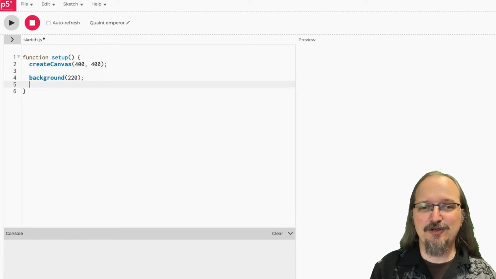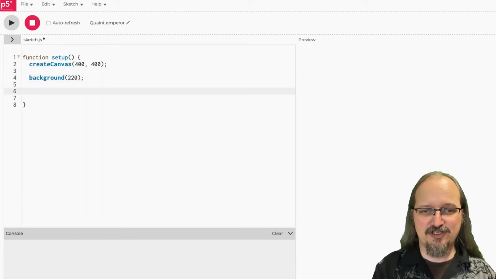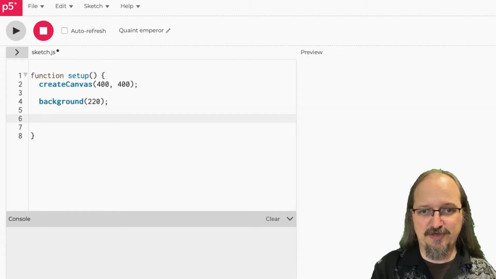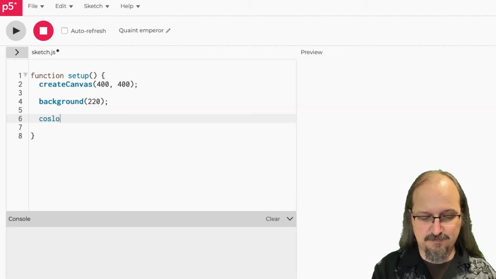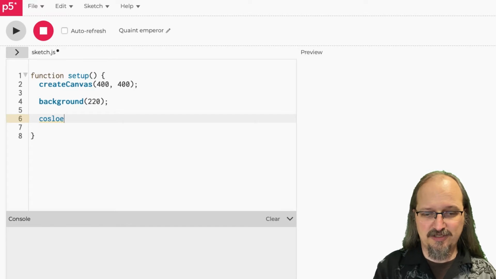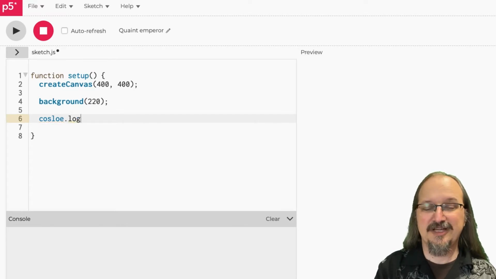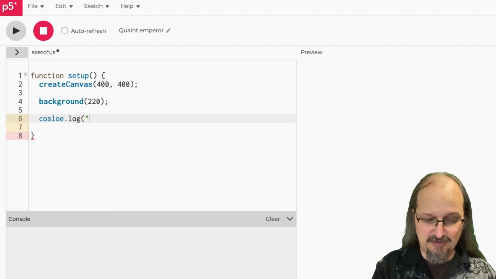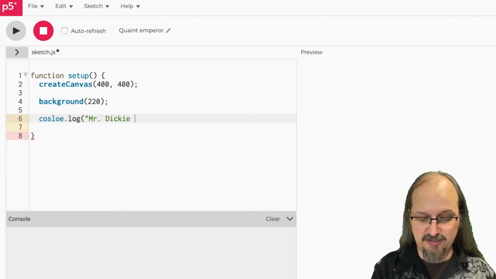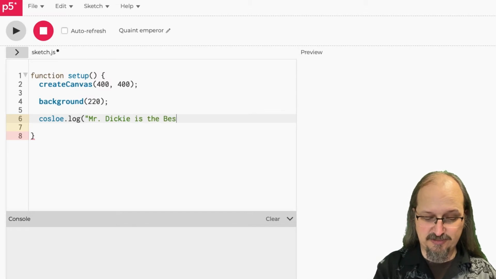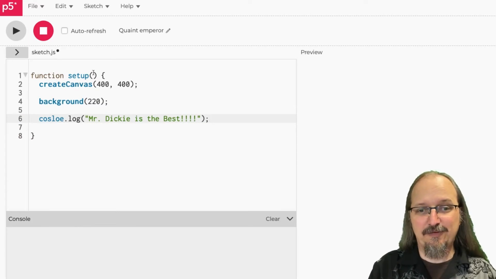And then we're going to use a new function, and that function is console. Let's zoom in a little bit. Console.log. That's our new function. And I'm going to do an open parenthesis, and then I'm going to do a quote because I'm going to write some text. Mr. Dickey is the best. And then I have to have the close quote. So now when I run this,